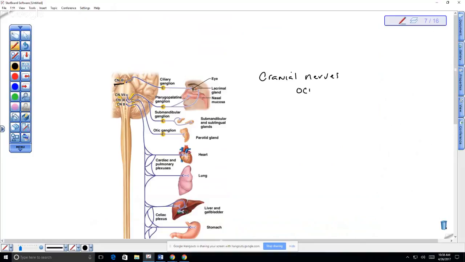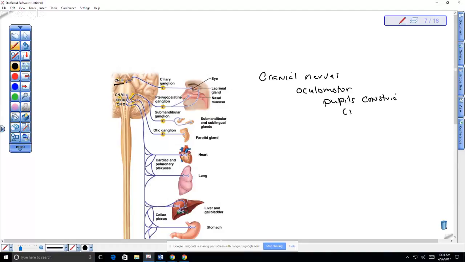So we'll just put cranial nerves, right? So this would be the oculomotor. Now remember that the oculomotor does have a somatic function, right? So it allows you to move your eyeball because it innervates the skeletal muscle. But in the ANS, we're looking at what it actually does to the smooth muscle and to the glands. And so if we look at the oculomotor, it specifically causes your pupils to constrict and your lenses to bulge. So pupils constrict.